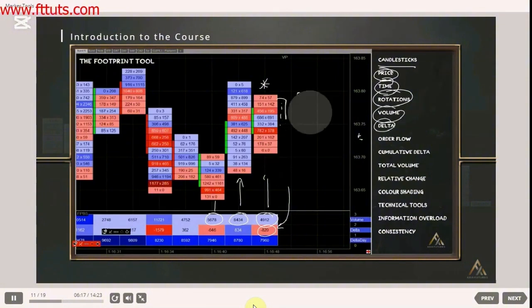So the next thing then is to talk a little bit about order flow. So all that order flow is, it's the manner or the interaction occurring